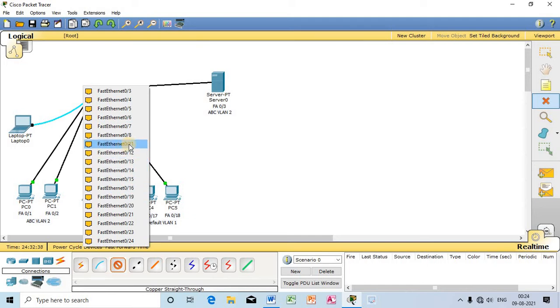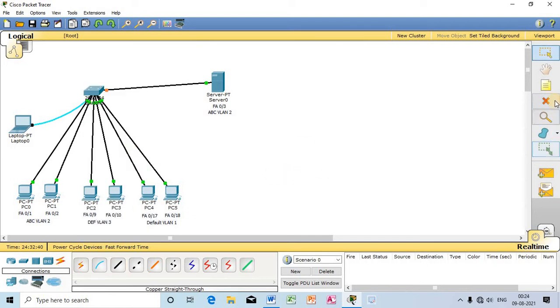Let me connect here to port number 11. So now this server is connected to FA011.